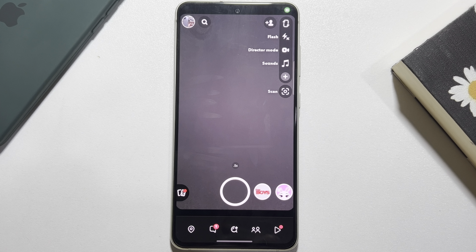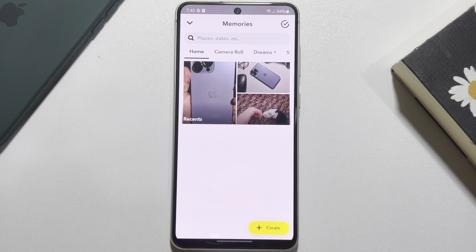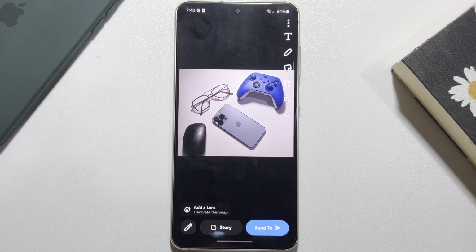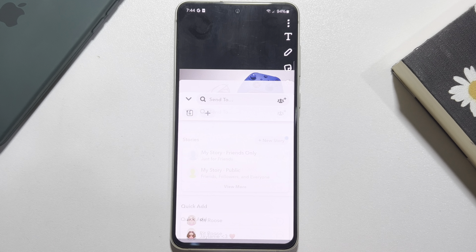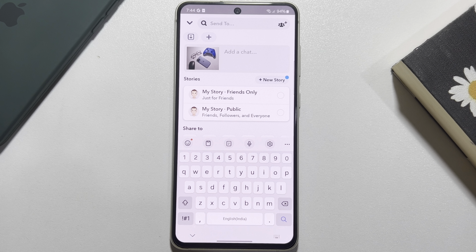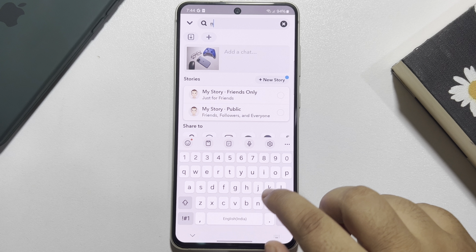and now you can capture a snap or you can upload a photo from your gallery. So in my case, I'm going to select a photo and now tap on send to, and in this box you have to search for your Snapchat account name,